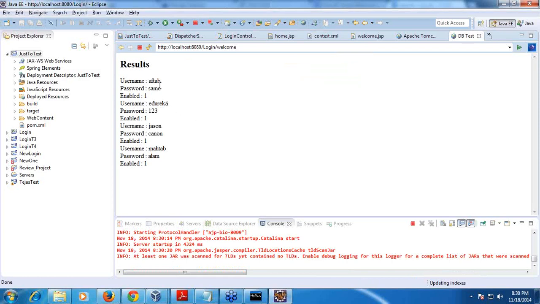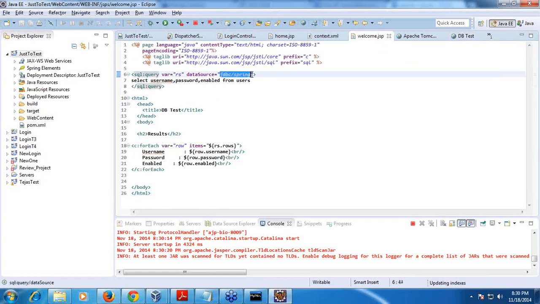So now, did you all notice that by just giving the JNDI name resource, my welcome.jsp uses JDBC Spring, which is defined in JNDI, so it is using that resource and then it is running this query, and then this JSTL magic is being shown here.